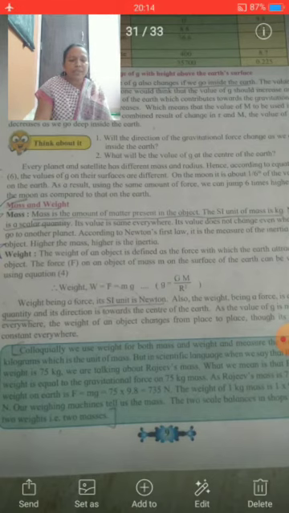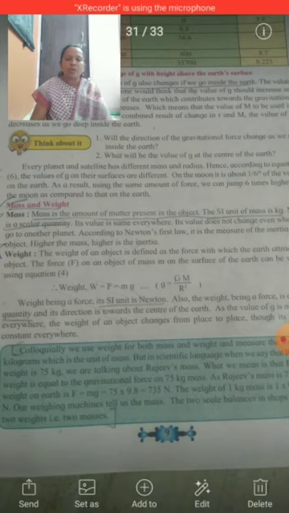We can assume the potential energy of an object of mass m at a height h from the ground is mgh. Potential energy is calculated by this formula: potential energy = mgh. m is the mass of the object, h is the height of the object from the earth's surface, and g is the acceleration due to gravity. On the ground, h is 0, therefore the value of potential energy is 0.